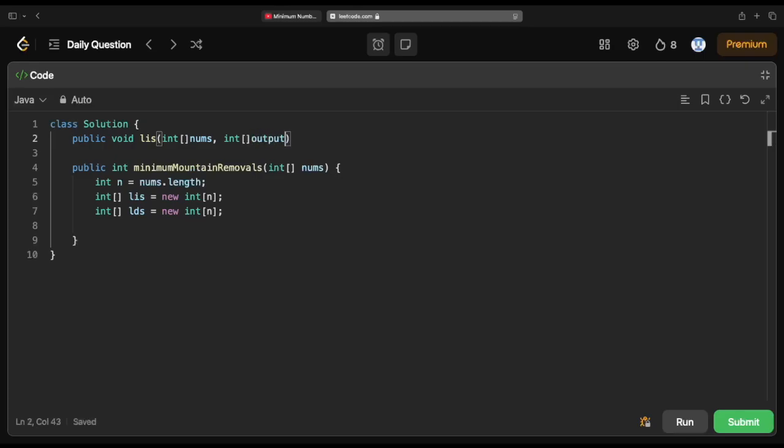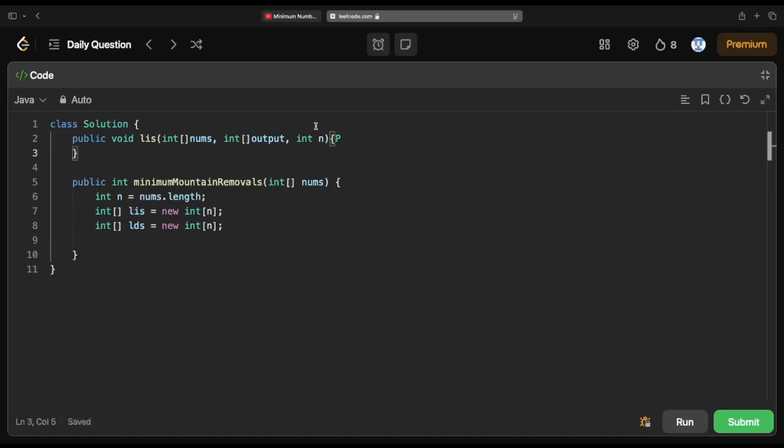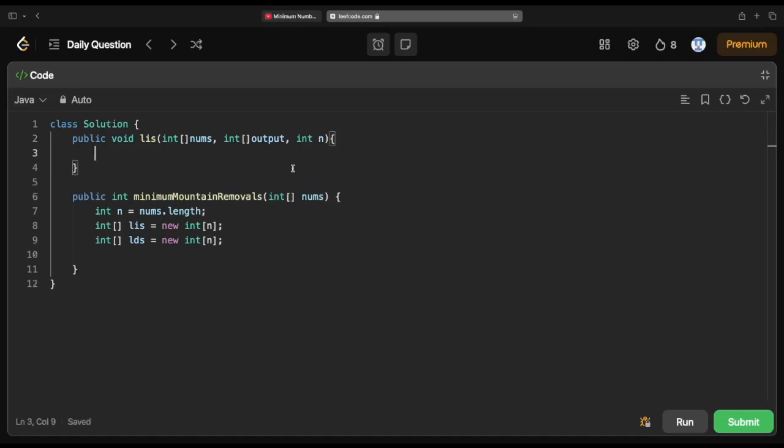And let me also pass in n just so that I don't have to do it again and again inside the function. Let me just call this func because I will be reusing this. Over here, I would have to call func